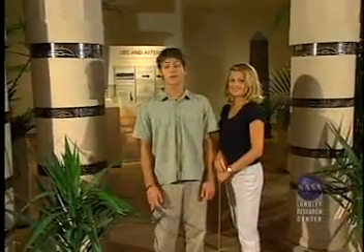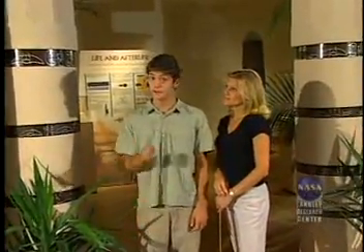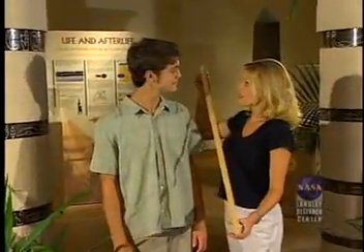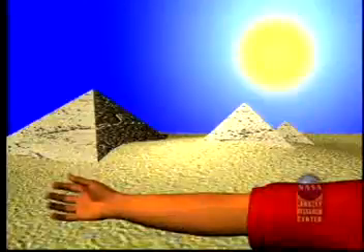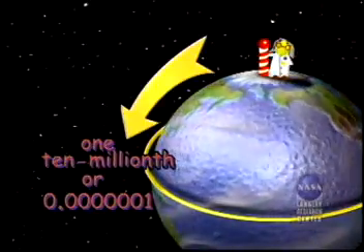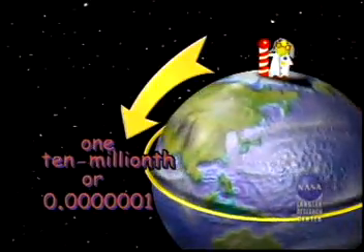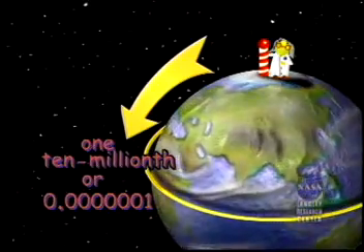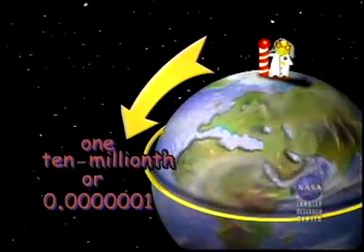Thanks, Dr. Morgan. We now know why there is a metric system of measurement. Yep, and the metric system is based on the meter. The original meter was not the length of someone's finger or arm. Instead, it represented 1/10,000,000th of the distance from the North Pole to the equator. Hey, the meter is the most widely used measurement system for scientific work.